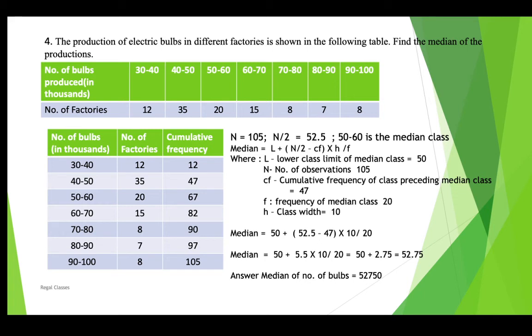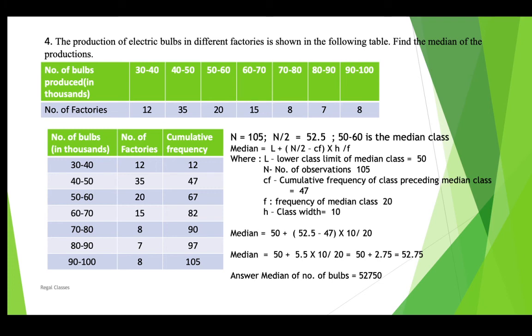67, it is above 47 but less than 67. Then write all the values in the formula. Lower class of the median is 50. Number of observations 105. Cumulative frequency of the class before the median class 47. Frequency of median class is 20. Class width 10. Just substitute all these in the equation, and then you have median as